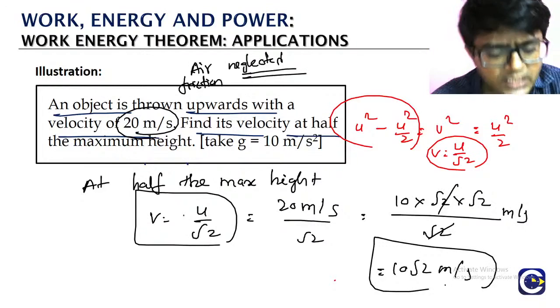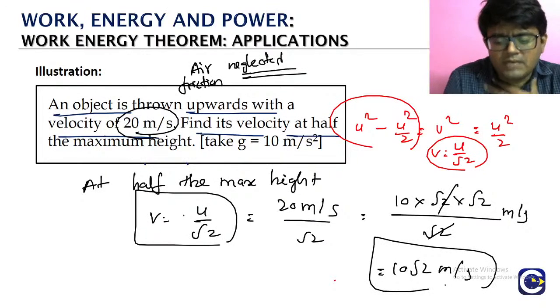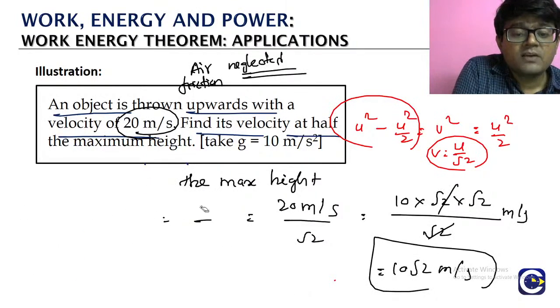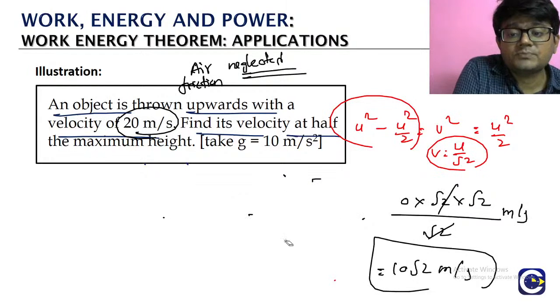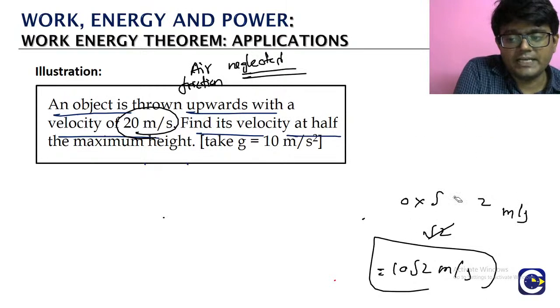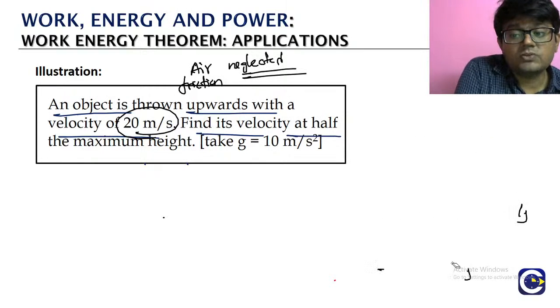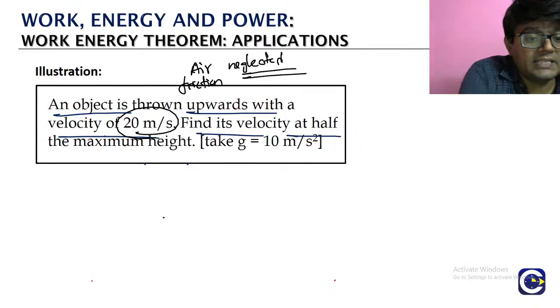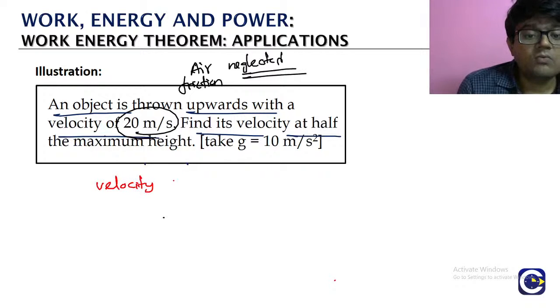Okay? So we can go into some complexity here, but we'll hold it. Maybe later we can also derive a general result for the velocity at, what we have said here, half the maximum height. They can also say 1/3 of the maximum height, 1/4 of the maximum height, 1/5 of the maximum height. You can try this result: what is the velocity at